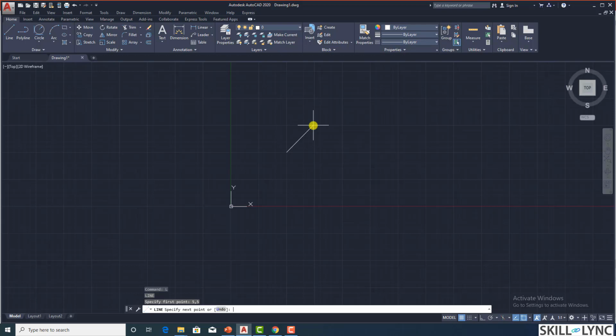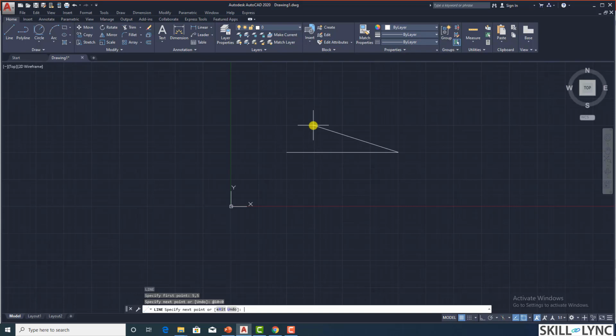Let us show it. So for the start point, you click on the @ symbol, but rather than an incremental x or y, it's actually an incremental distance, and based on the angle it will determine in which direction it wants to go. So the incremental distance is going to be 10, and you specify the angle by clicking on the less than button, that is shift plus comma. By clicking on that, you have the relative, because @ represents the relative coordinate and the angle represents the polar, so together it is relative polar. Now we say that it's going to go in the x direction only, that is from left to right. So you specify the angle of 0,